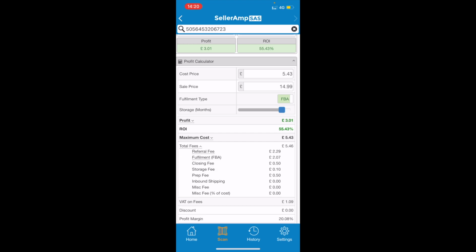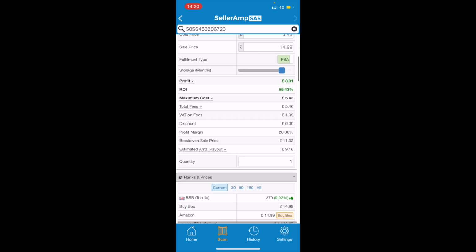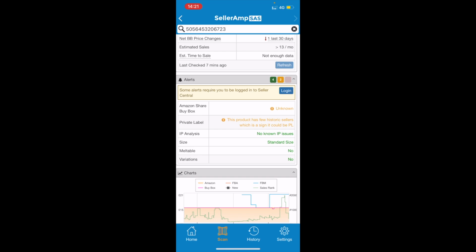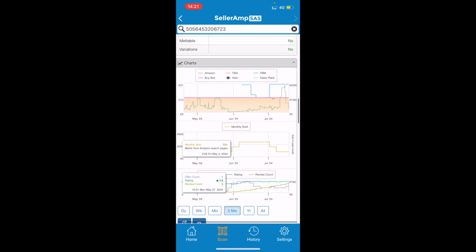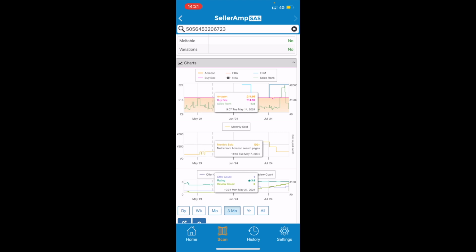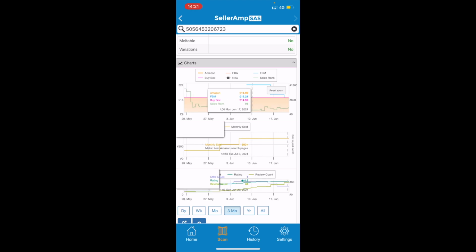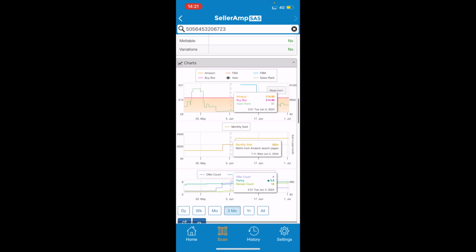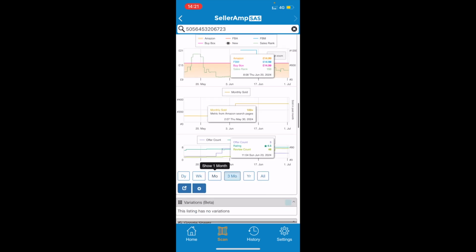total fees, so you get a breakdown there when you tap on that, and you can change the quantity right there. You've got the ranks and prices, so a summary of what's going on with the buy box, sellers on the listing, and the BSR as well, the estimated sales. You've got the alerts right here, so you can see if Amazon's showing the buy box, if there's any IP issues, size, multiple. You've got some sales charts right here, so you can understand the history of the product, and if you tap on any point, you get a breakdown of what's going on. And if you pinch and zoom in with 2 fingers, you can zoom into a certain time frame and move it along, like so. You can change the time frame here,